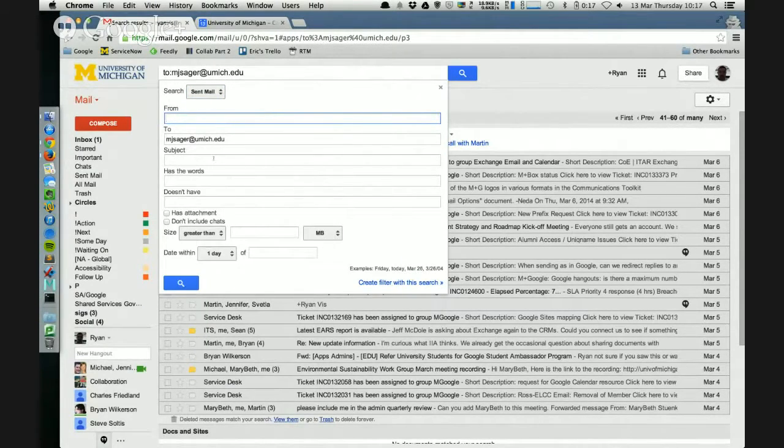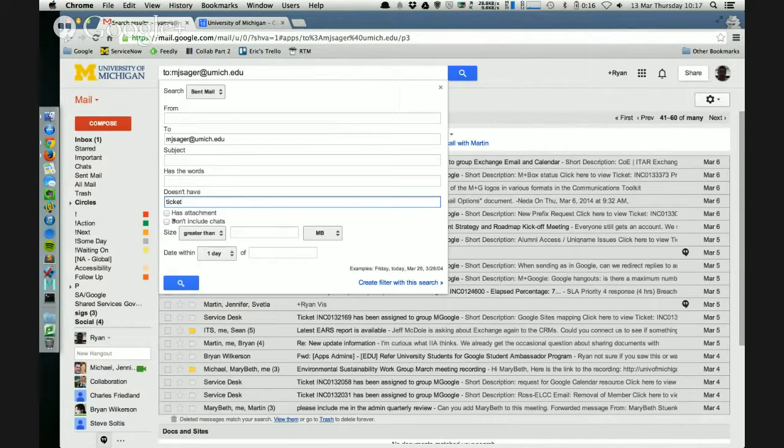And then you can start specifying all kinds of criteria around a message: words that are in the subject line, words that are in the body of the email. You can exclude words. So if you know you get frequent emails with a specific word that you just want to exclude from your search, you can put them here. For instance, I don't want things with the word ticket in it. I can see down here there are some messages with the word ticket in there, and I can just exclude those. Another handy feature, you can look for things that just have attachments.